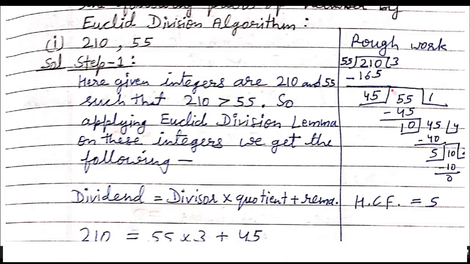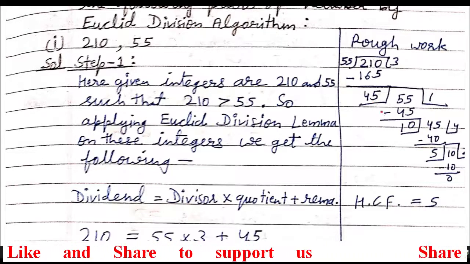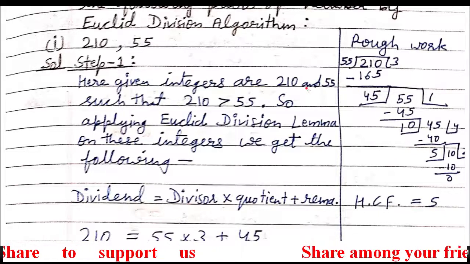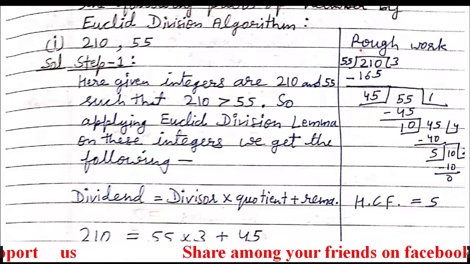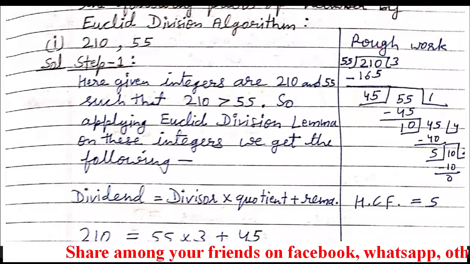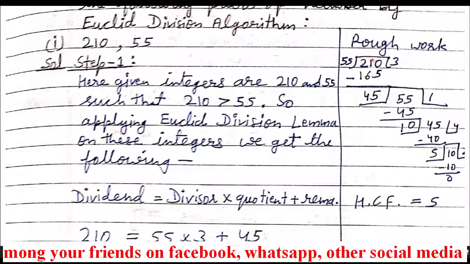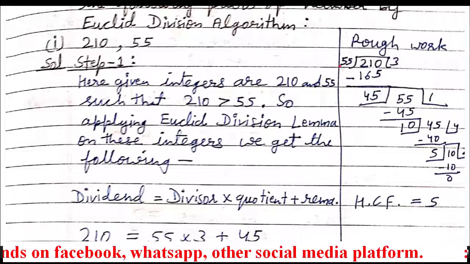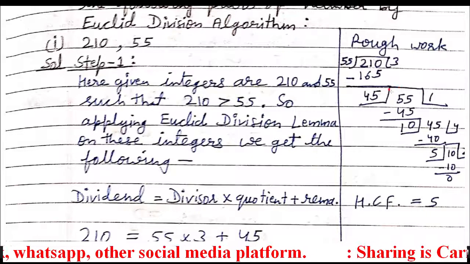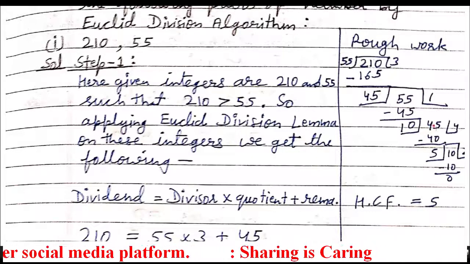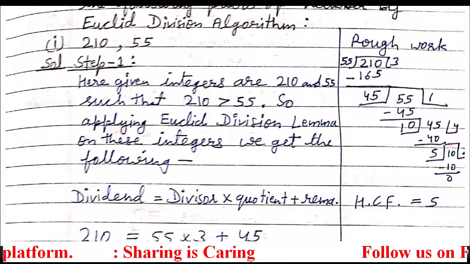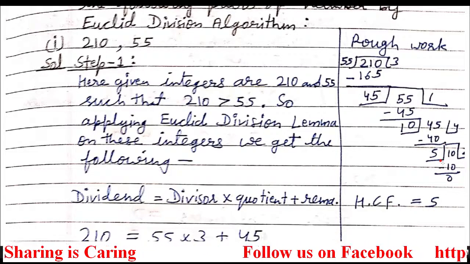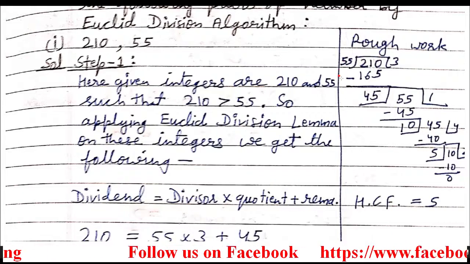Now we have to convert this into Euclid's division algorithm. Euclid's division algorithm is not new. We have already understood it in our small classes, but here we have to write down some statements. For each division, one step will come. This is our first step, the second division is our second step, the third division is going to be our third step, and the fourth division is going to be our fourth step. So we will start from the first step.